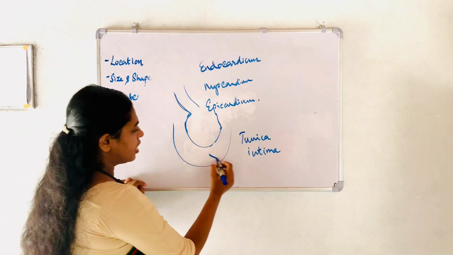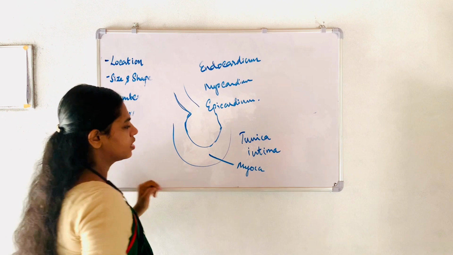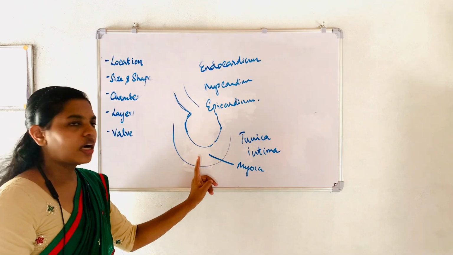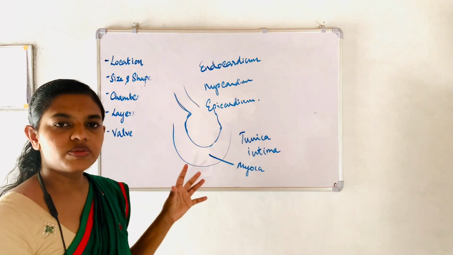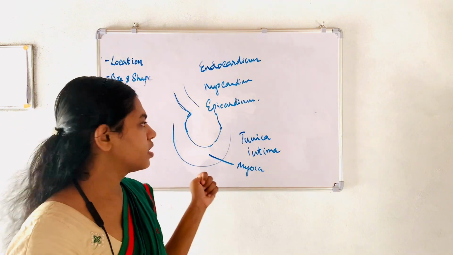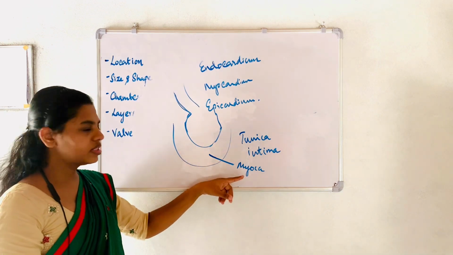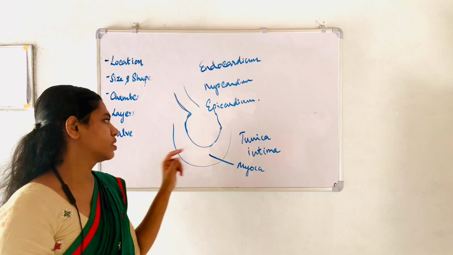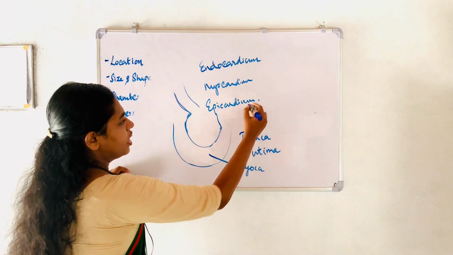Okay, so the inner layer of the arteries is continuous with the endocardium, that is a thinner connective tissue, and the muscle layer of the heart is known as the myocardium. Okay, the muscle layer. According to the thickness of the myocardium, the size of the chambers will vary. Okay, atria is little smaller and ventricles are thicker in size. So that thickness is decided by the myocardial thickness. Okay, and the outer layer is known as the epicardium.